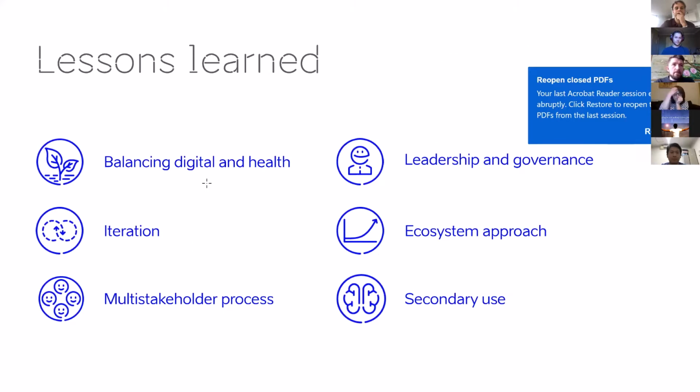And the lessons learned are quite important, and I think this comes to the governance challenges that I was asked to speak of. And these 6 I tend to talk to other governments about, and WHO. So number 1 is balancing digital and health, which means that you shouldn't digitize for the sake of digitization, but you also shouldn't avoid digitization because you somehow think that digital and health do not mix together.